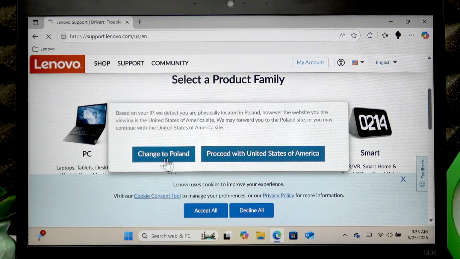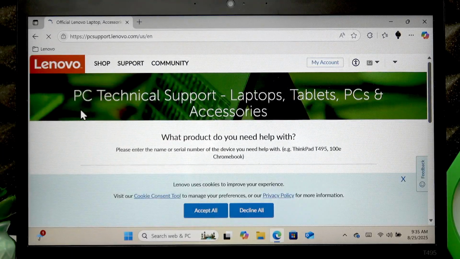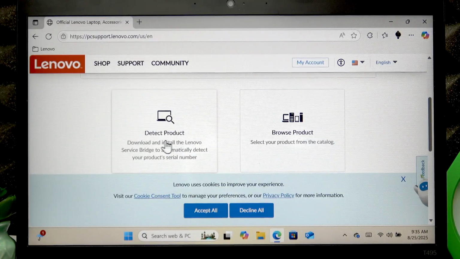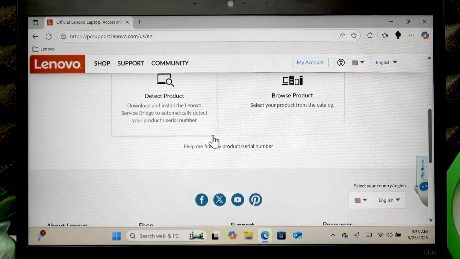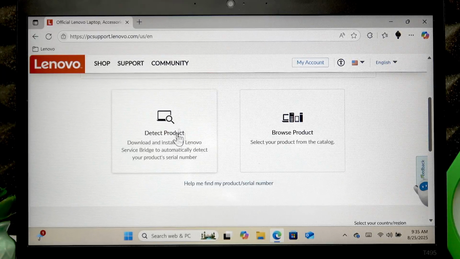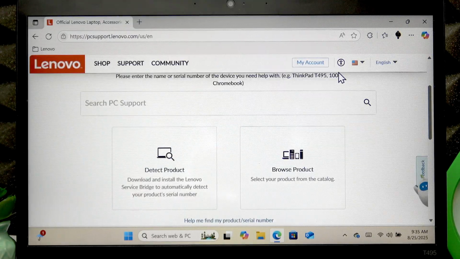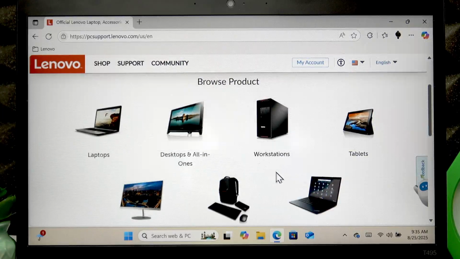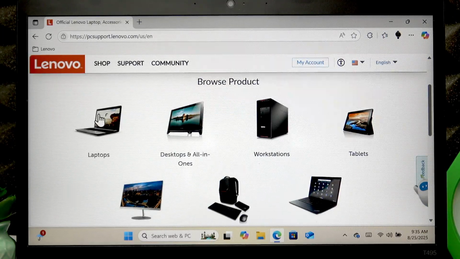Open this website, select PC, and then in order to detect the product, well, if you are doing this on a separate device, obviously you cannot detect the product. But if you're doing this on this laptop, just click Detect Product, and it will detect your device automatically. The other way to do this is by clicking the Browse Product Laptops,